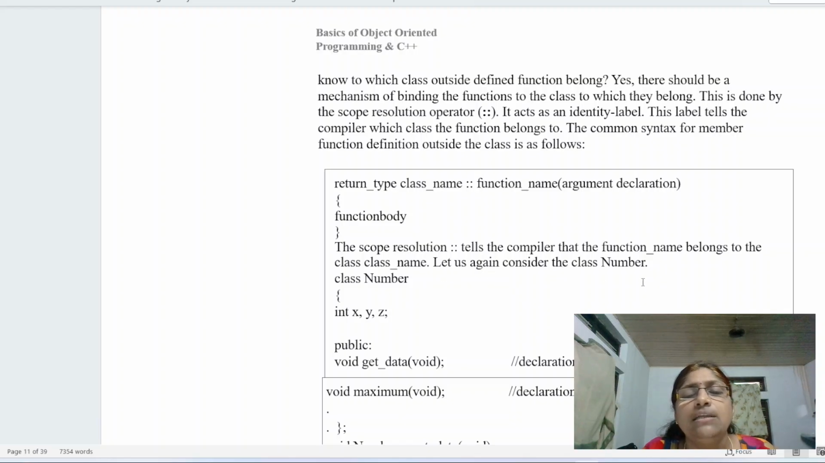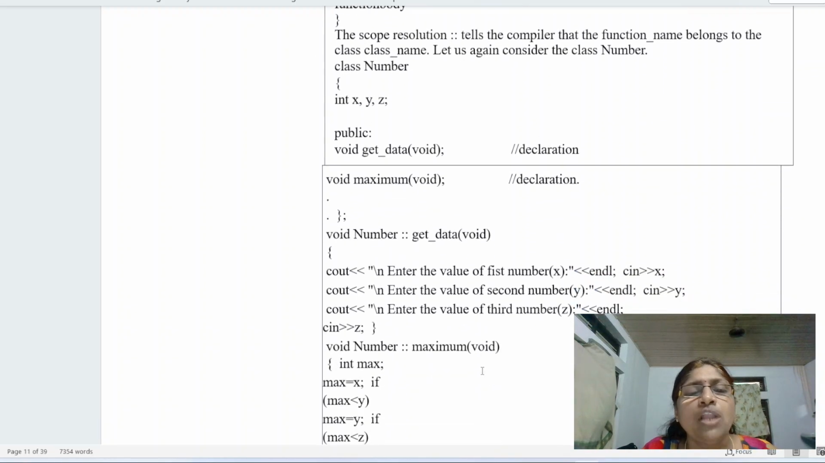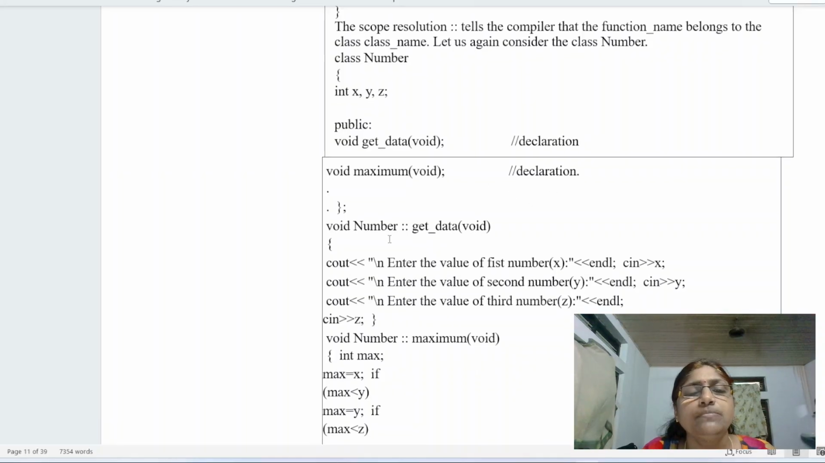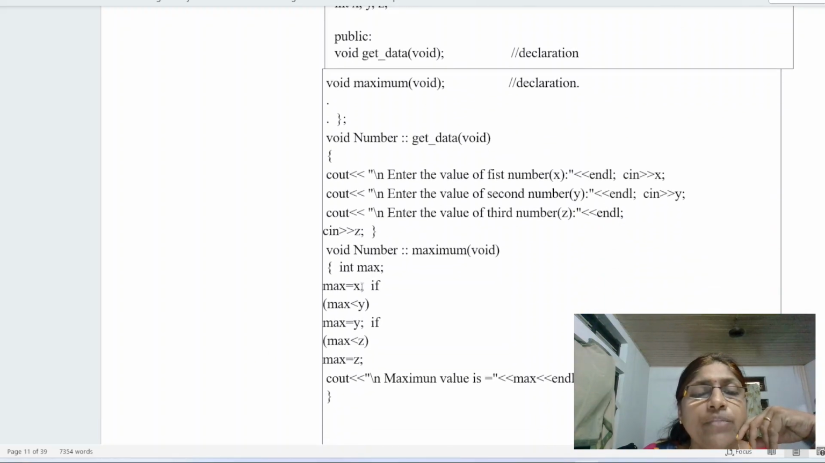Let us again consider the class number. class number { int x, y, z; public: void get_data(); void maximum(); }. void number::get_data() { cout << "Enter the value of first number" << endl; cin >> x; cout << "Enter the value of second number" << endl; cin >> y; cout << "Enter the value of third number" << endl; cin >> z; }